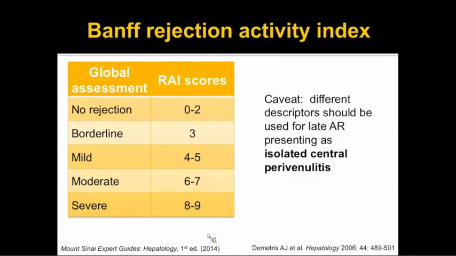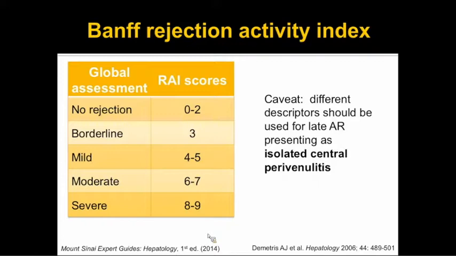And so these scores, when you sum them together, do correlate with another part of the Banff consensus guidance, which is the pathologist's subjective global assessment of the severity of the rejection episode. So this is overall how the scores correlate with that global assessment, but these things are done somewhat independently as well. One caveat I wanted to point out is that I'm giving you a simplified version of this, but there are of course subtleties.